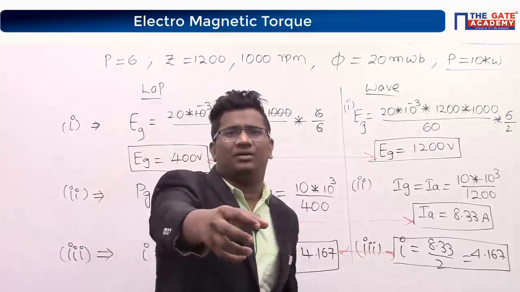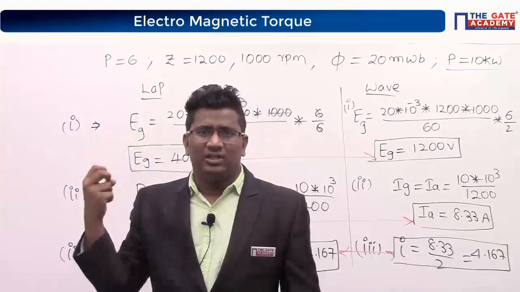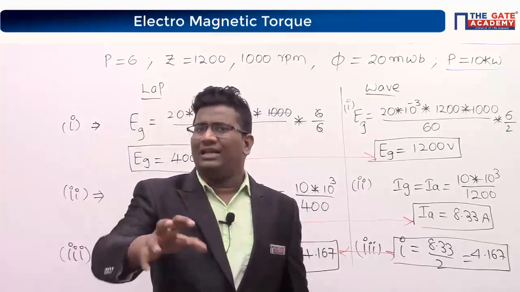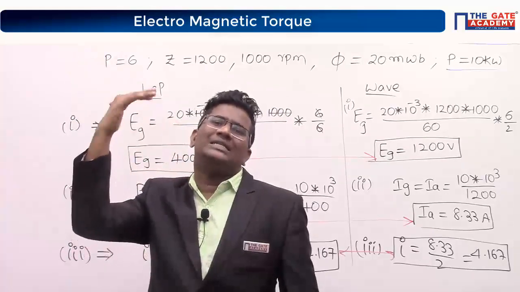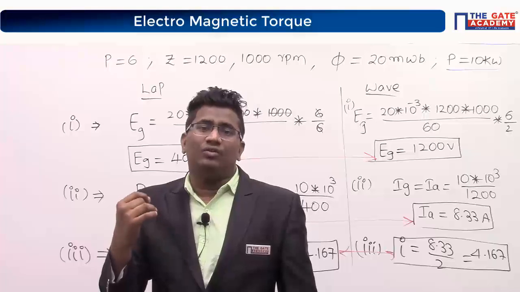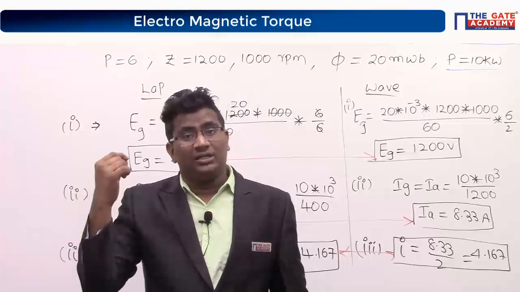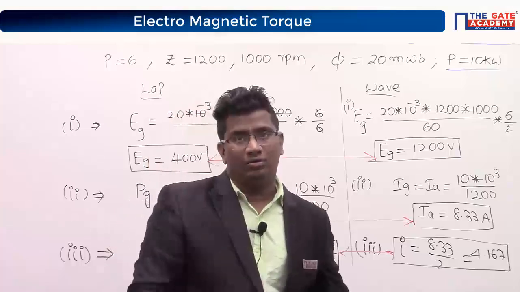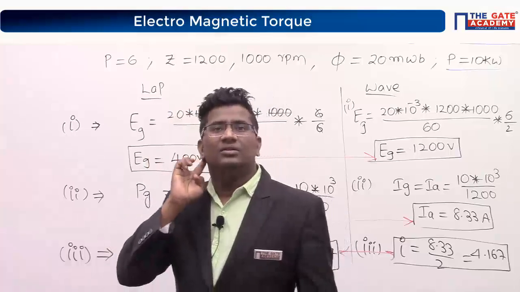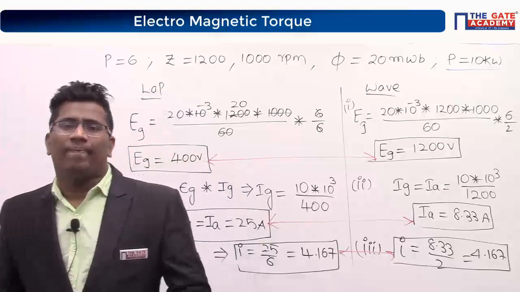Directly you are taking flux from only the north pole, right? If you have only 2 poles, you are taking the flux from only the north pole. If you have more than 2, like 4, 6, 8, 10, 12, then you have to say the flux drawn by the south pole from the north pole per pole. Is this clear, everybody? Shall we go ahead to the next topic?